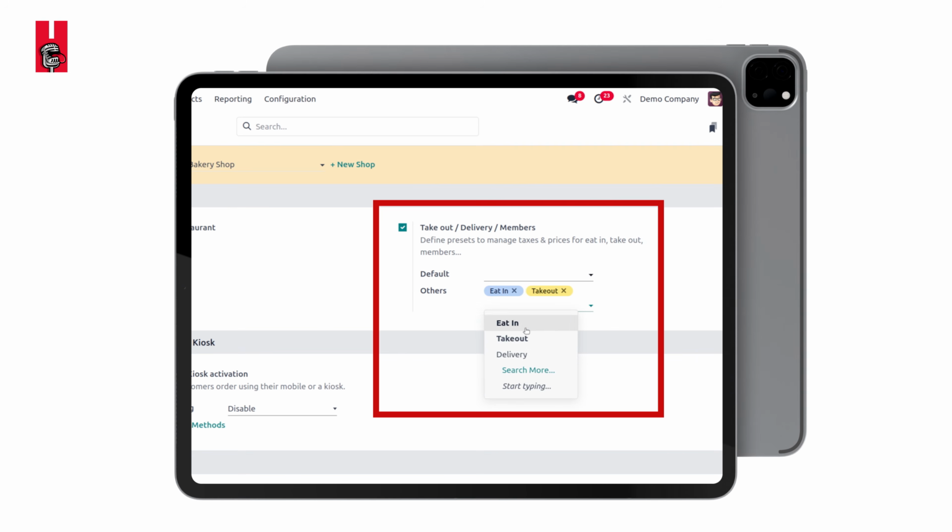So when you purchase an item through the POS, you can either choose eat in, take out, or delivery. Even the things which you add further can be found there. If you want to customize this option, which means the preset, we can also do that. And you can also apply these presets for a particular fiscal position or a particular price list. So that is another attractive feature.